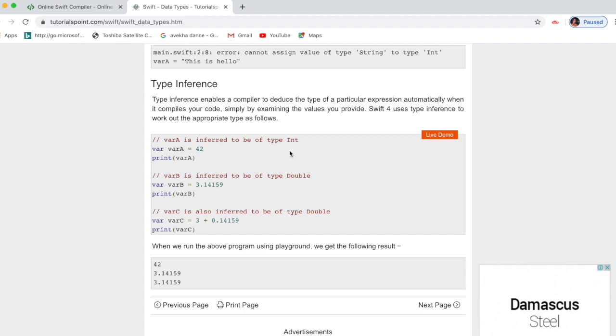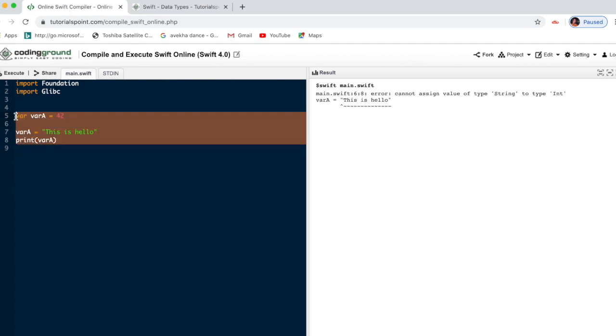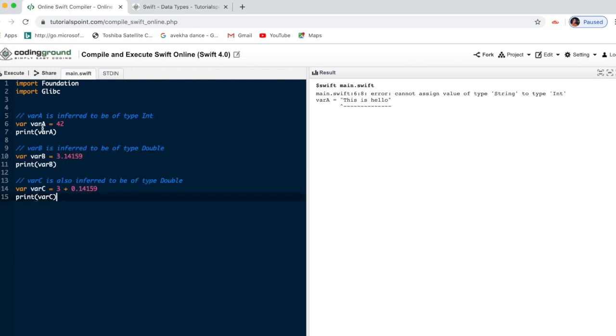Next case is type inference. What is that? Okay, so here just go through our compiler. Type inference. I'm just running it once. I'm telling that 42 is saved in the variable var a and then printing, so the result will come as 42.